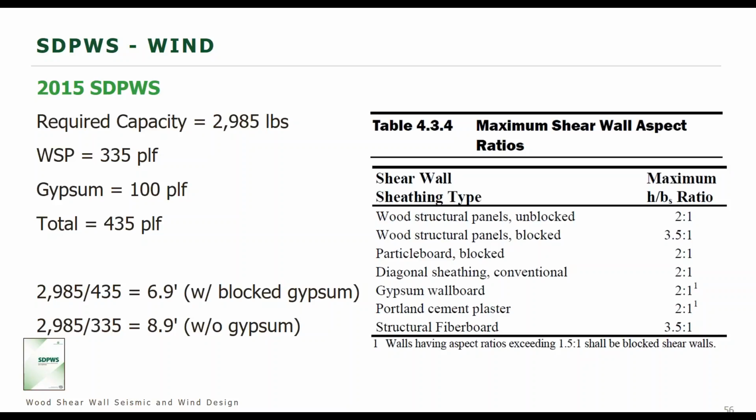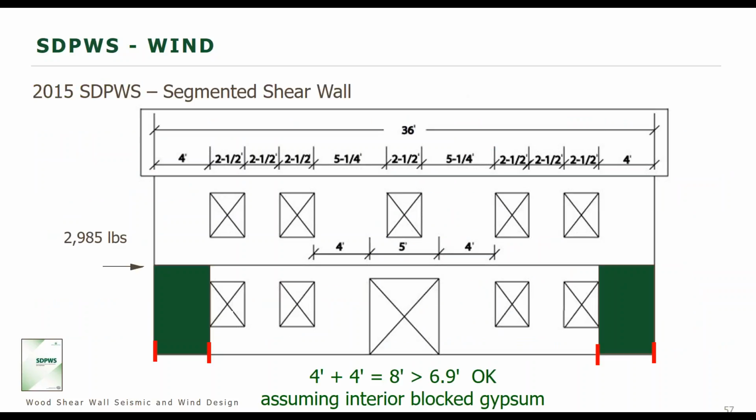We did use 436 as our value in the wood frame construction manual, so there is some slight rounding that has occurred. But when we divide the wall capacity by the required load, you see that our required full height segment lengths are essentially the same as